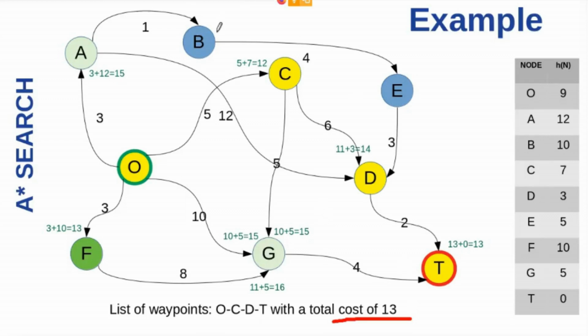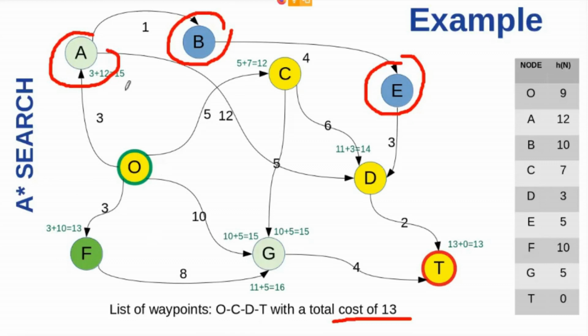So we have chosen O, C, D, and T with a total cost of 13, and as you can see here in this slide, nodes B and E have not been assessed, in comparison to the Dijkstra algorithm. And A has not been visited yet, and G has not been visited yet. So the A-star algorithm has saved a lot of time in front of the Dijkstra algorithm, but with the same